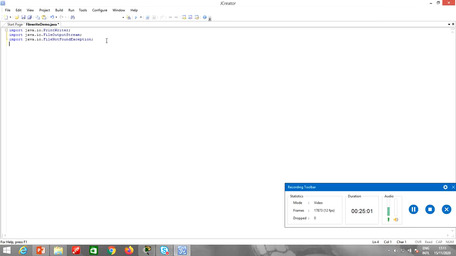Alright, now let me make a class, public class FileWriteDemo, public static void main, String args. Alright, so first of all I have to create an object of the PrintWriter class before I start with the try block. So I will create an object of the PrintWriter class here,